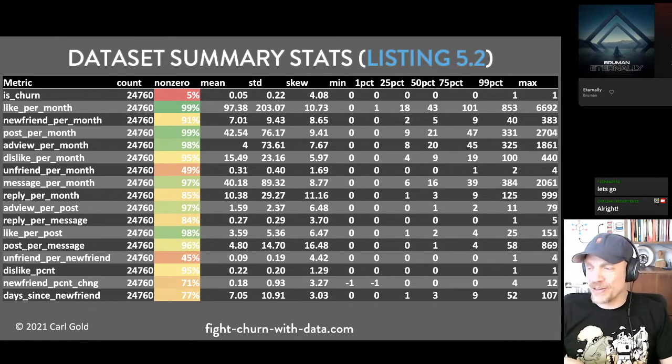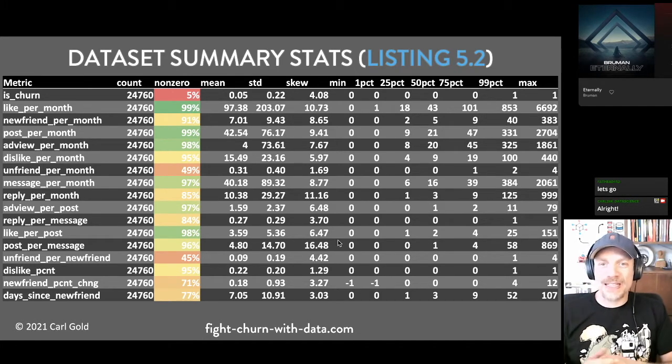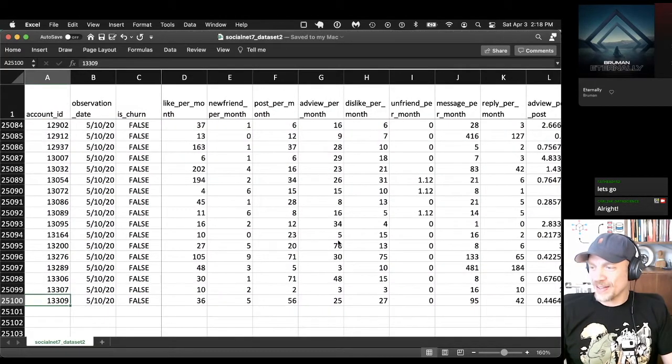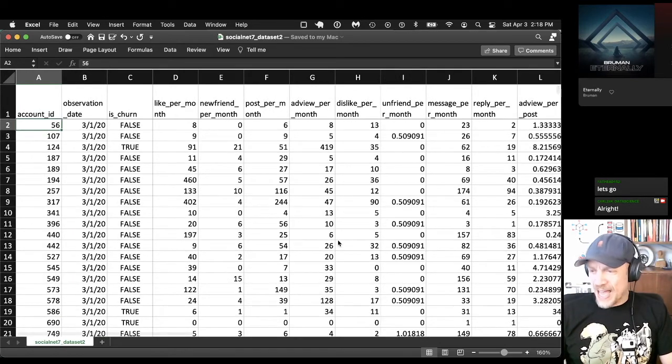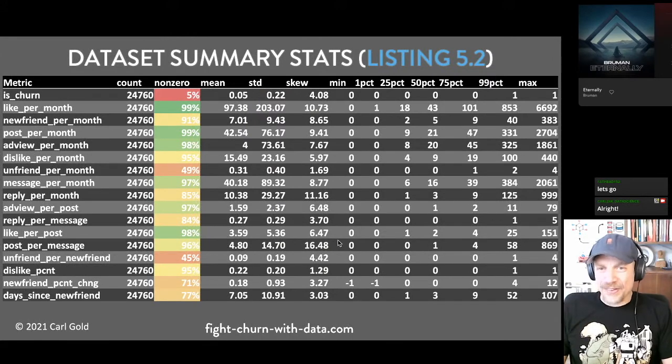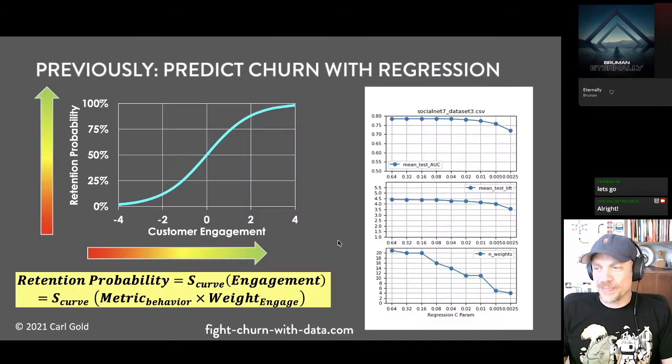That's probably believable. A good metric here would be posts viewed. They don't really have that one. Post per month is like, how many things you've been posting. But anyway, so a summary like this is a great way to learn about your data set. And I showed you what the data set looked like already. Here's that data set. If you missed it before, it's just a bunch of data, one row per event or per customer. All right, so now let's get into some prediction.